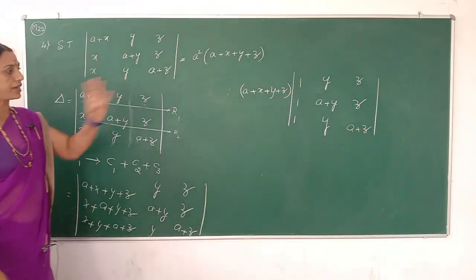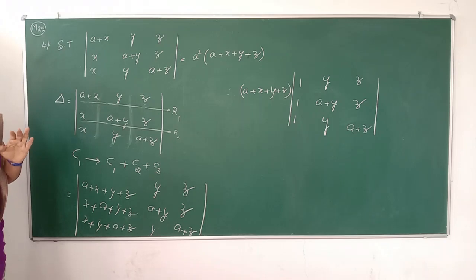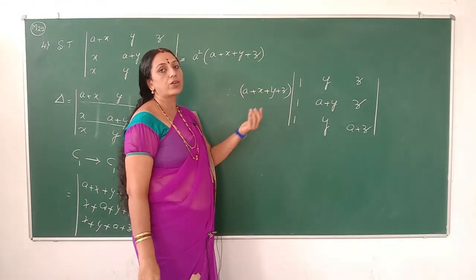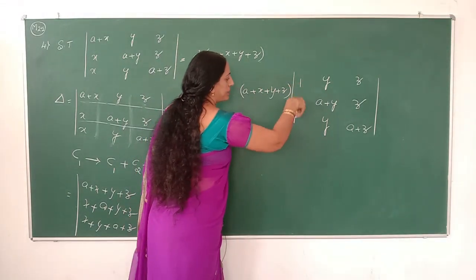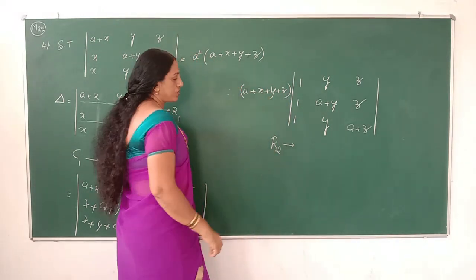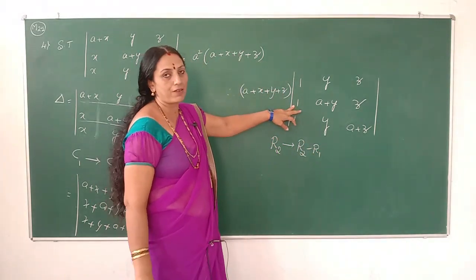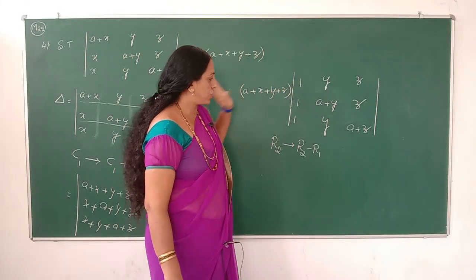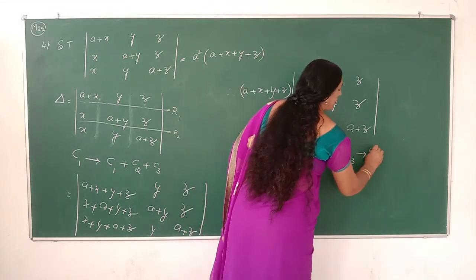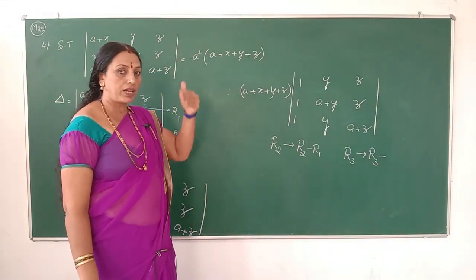After that we observe the elements of the determinant. All the elements of the first column are nothing but 1. So then we will use the previous methods. It is possible to reduce 1 to 0 easily. Therefore, these are the elements column wise, and we will operate in row form. So R2 can be changed with R2 minus R1. Corresponding elements of R2 and R1 are subtracted from each other. Similarly, R3 can be changed with R3 minus R1, otherwise R3 minus R2.